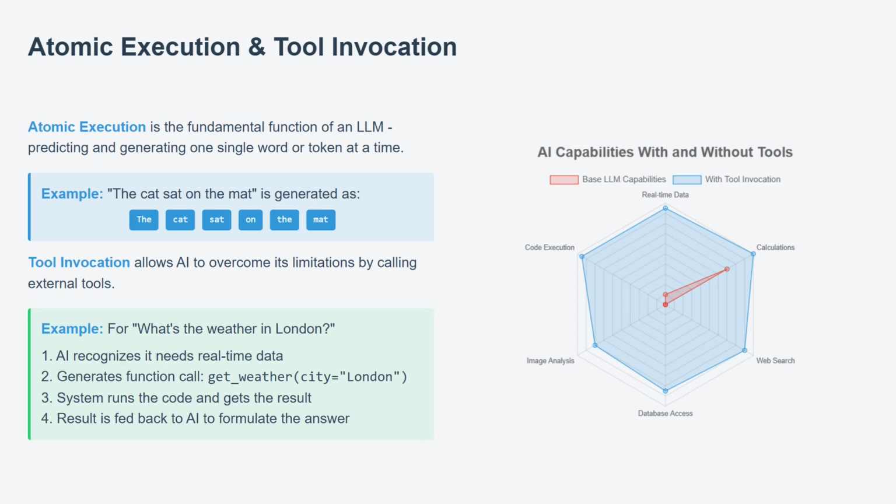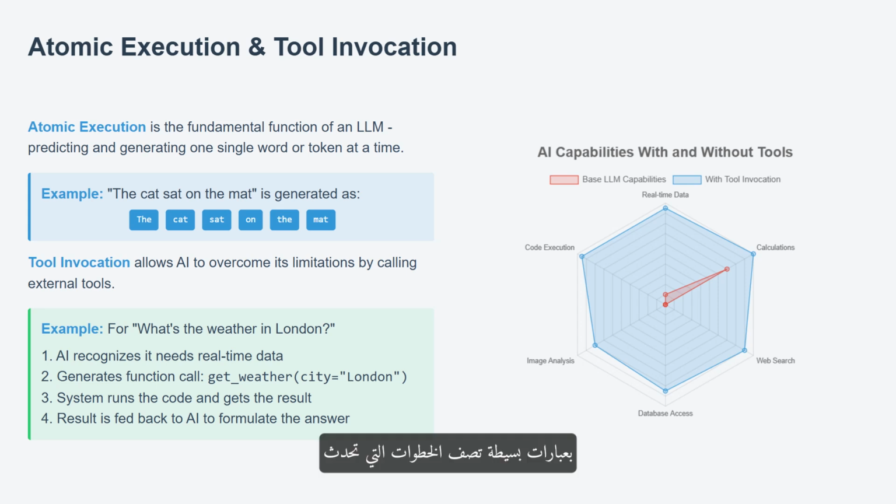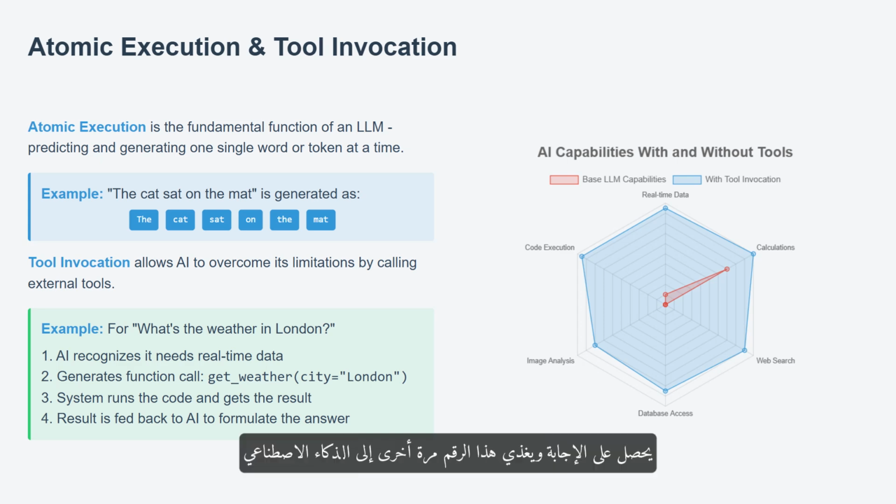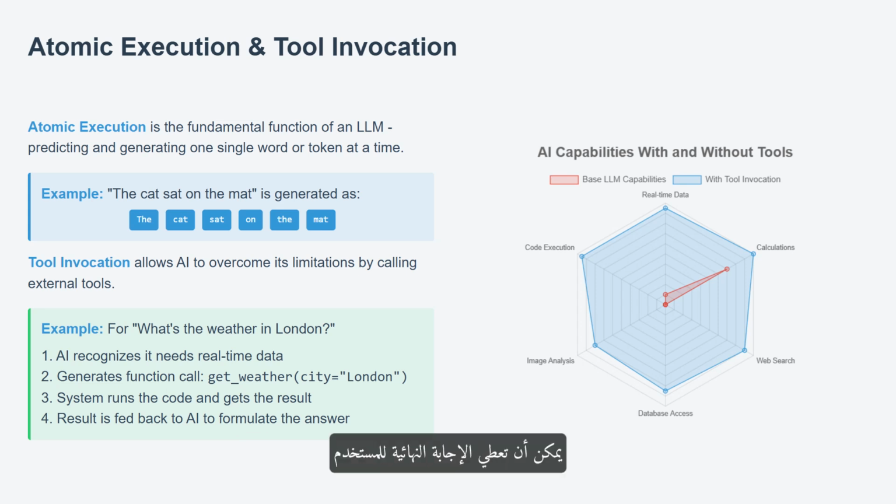And your assessment. In simple terms, describe the steps that happen when an AI decides to use its calculator tool to answer a math problem. First, the AI reads the math problem and recognizes it needs a calculation. It pauses generating English and instead generates a special structured piece of code called a function call, like calculate 87 times 143. The system runs that calculation, gets the answer, and feeds that number back to the AI. Now that the AI has the correct result, it can give the final answer to the user.